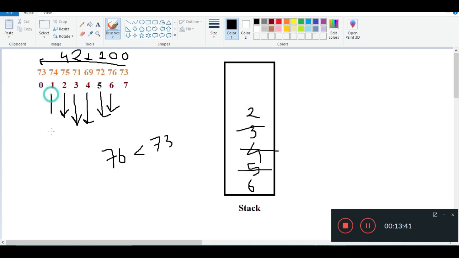Then go to the 74, and 74 will check the stack top. It is index 2, which is 75, and it is already bigger, so 2 minus 1 is equal to 1. Then push this 1. Then go to the 0 element, which is 73, and the current stack top is 74, which is greater than 73. So the difference between the indexes is 1 minus 0, which is 1. So we have got our answer